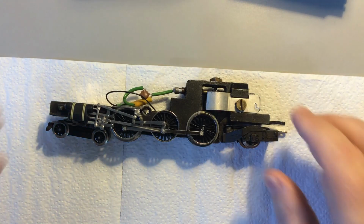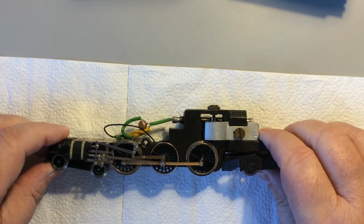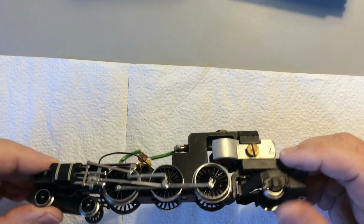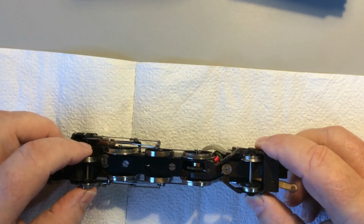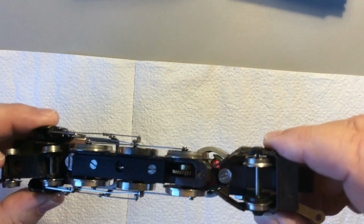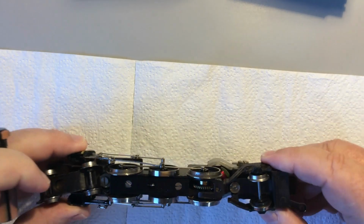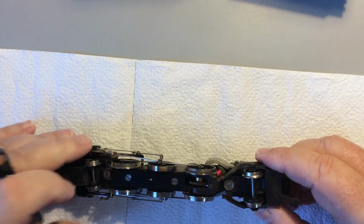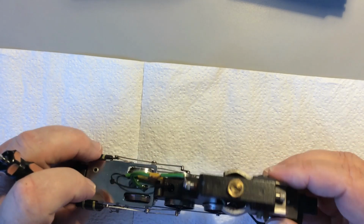So, there's a long way and there's a short way of doing this. Let's deal with the short way quickly, and this will also apply to the West Countries. If you really want to, you can remove, I hope you can see that, there's a plate on the bottom of this which is easily removed. There are two screws here, and the casting for this is the same casting as for the